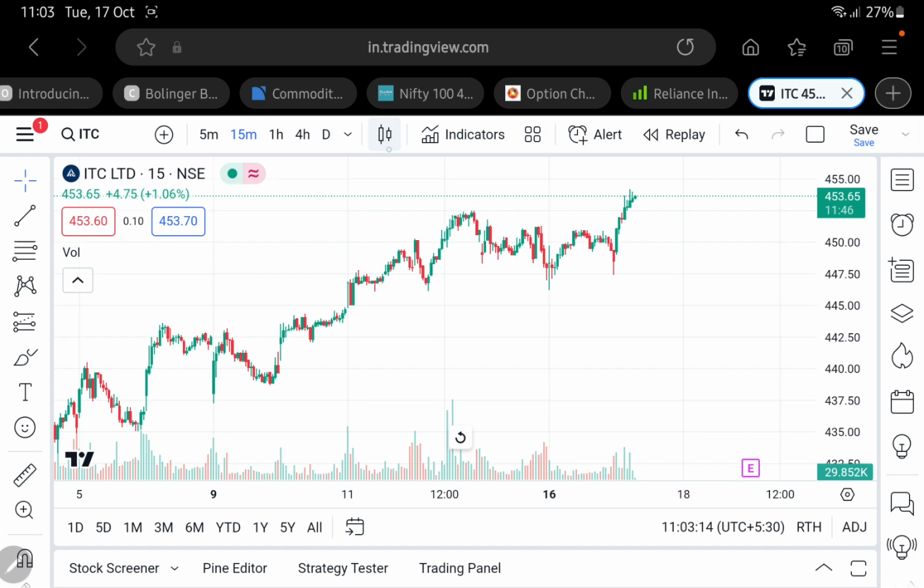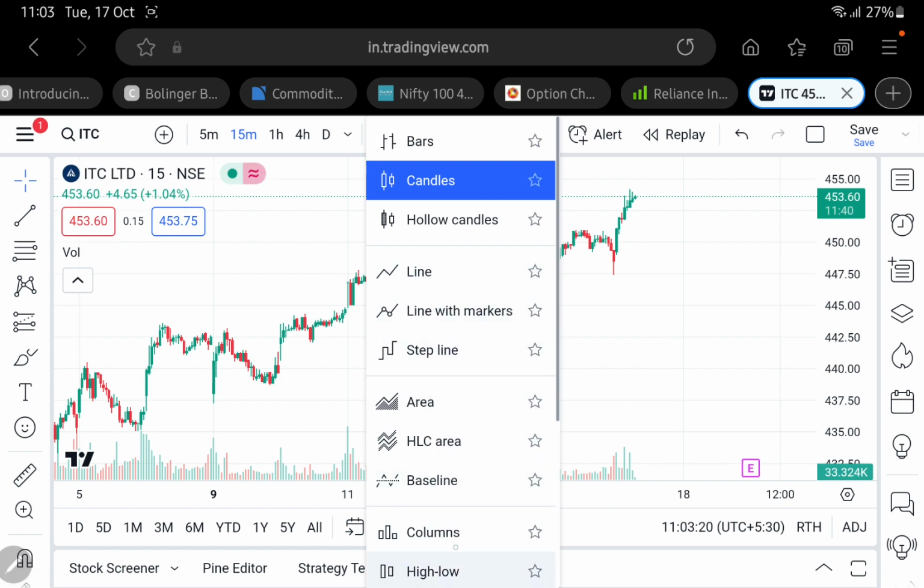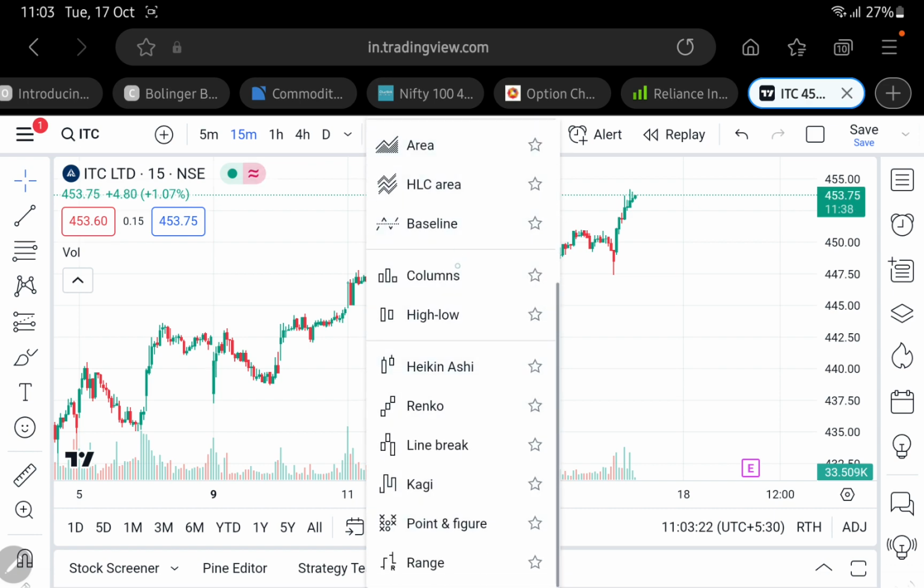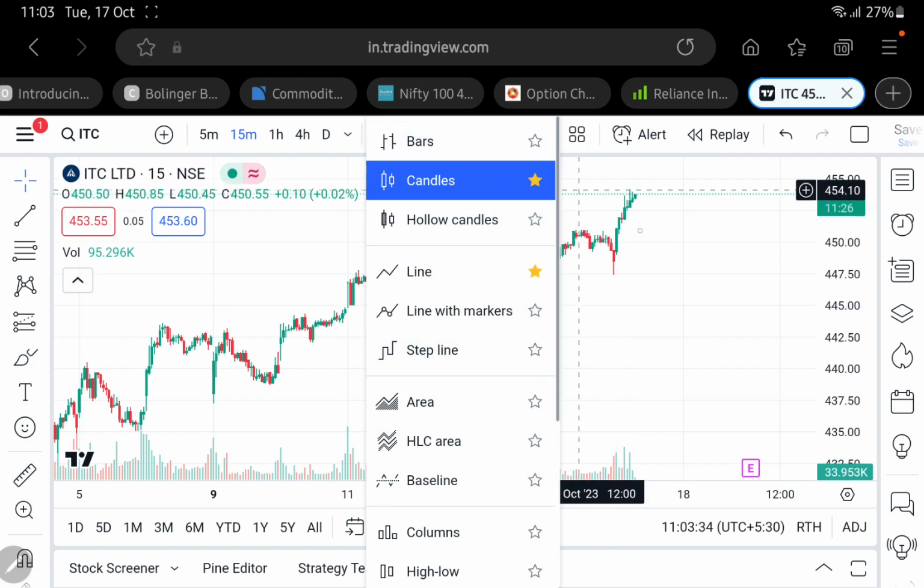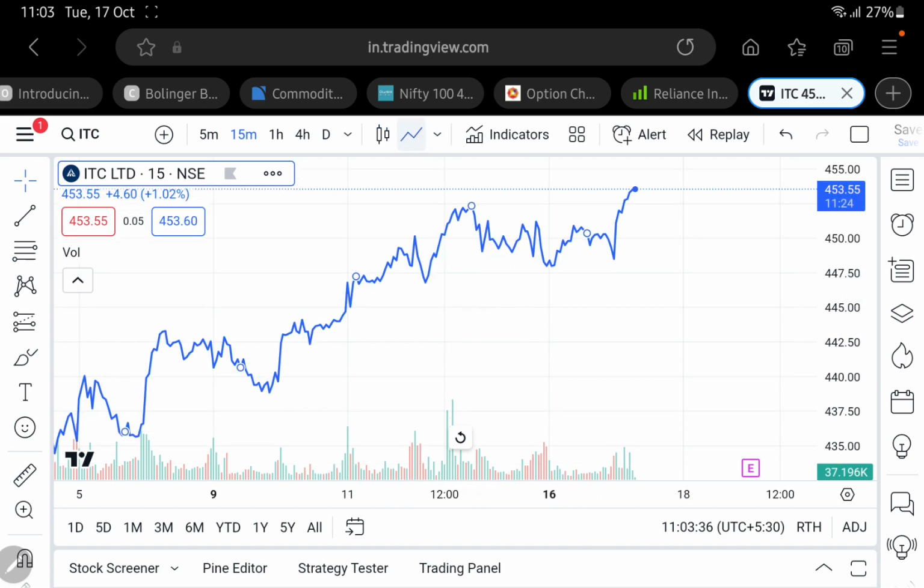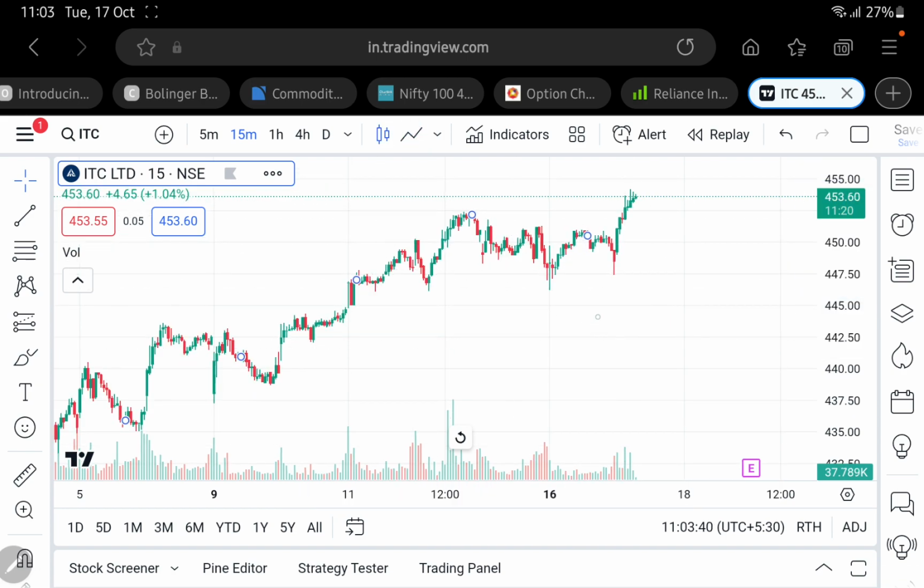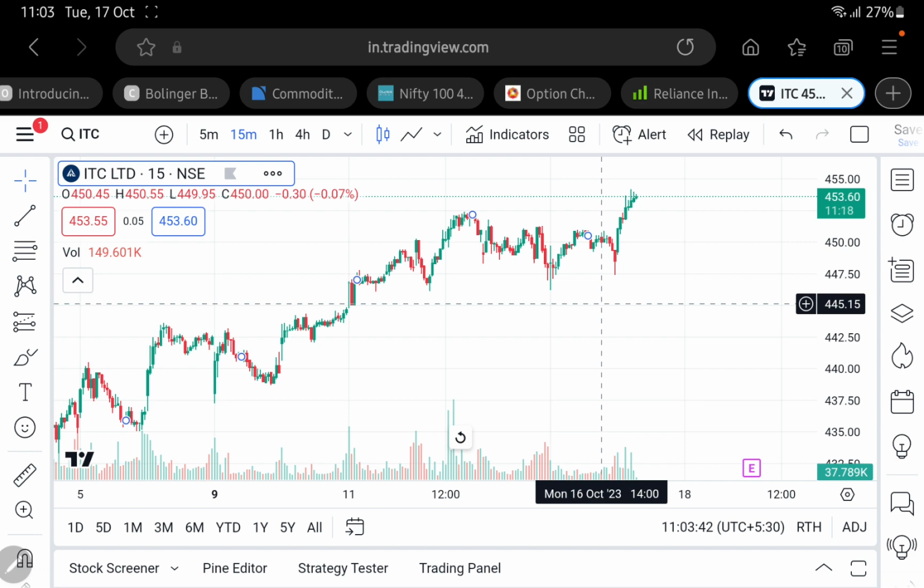Next thing, this is candles. If you press here, you'll be able to see different kinds of candles. This is Heikin Ashi candles, this is hollow candle, this is bar. So all this is used, and this is line. What I have favorited here is candles and lines. These two are favorited in mine because I use these generally. Lines I use to draw my support and resistance levels. Candles I use on a daily basis. All right, so next thing is